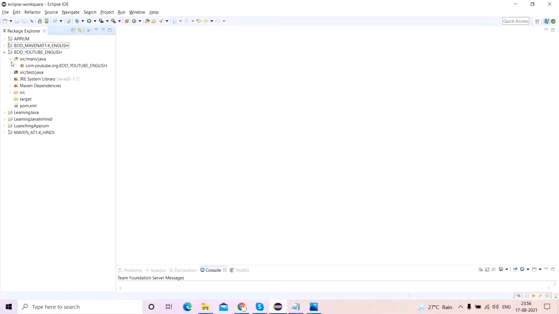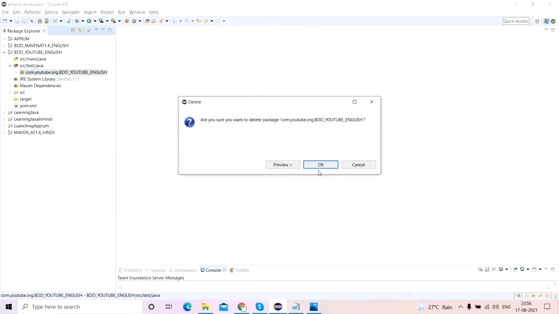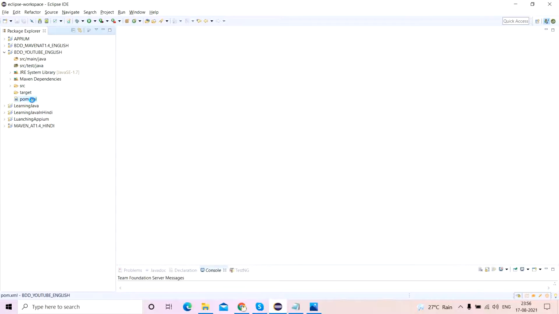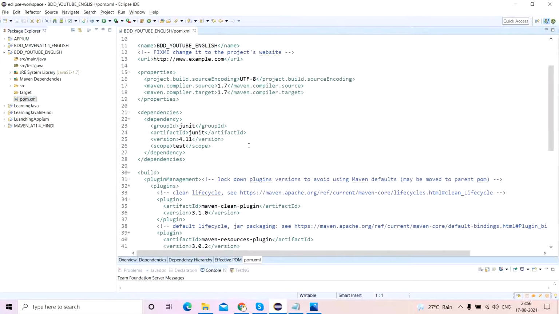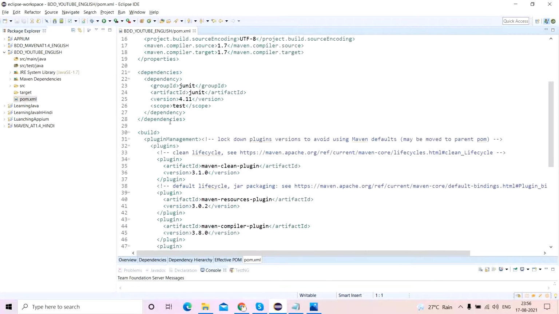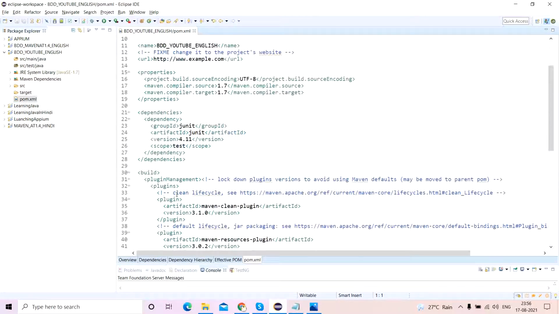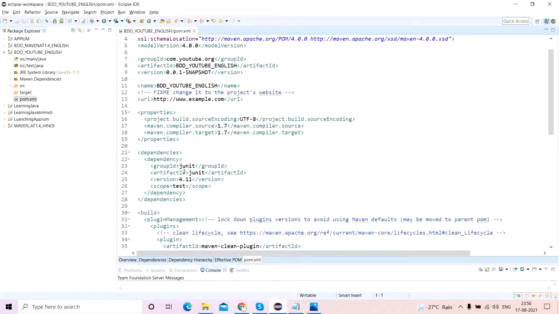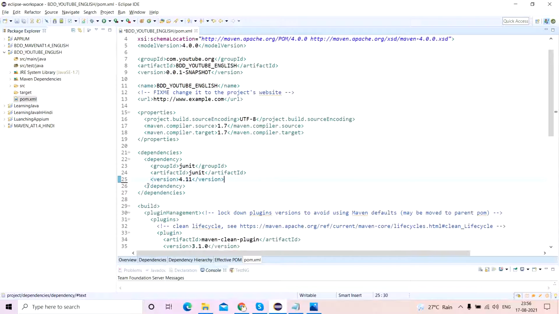There is an src/main/java, there is an src/test/java. We have certain packages. I'm going to delete them. I don't need them. I'll create my own package when the time comes. Now the main thing is you need to add your Maven dependencies over here. By default you'll have certain plugins and just the JUnit dependency, which I think is the latest, but still more recent versions have come up. I'll remove the scope of test. I'll remove all scopes, I will not keep any test scope or anything. I'll just remove that scope tag.